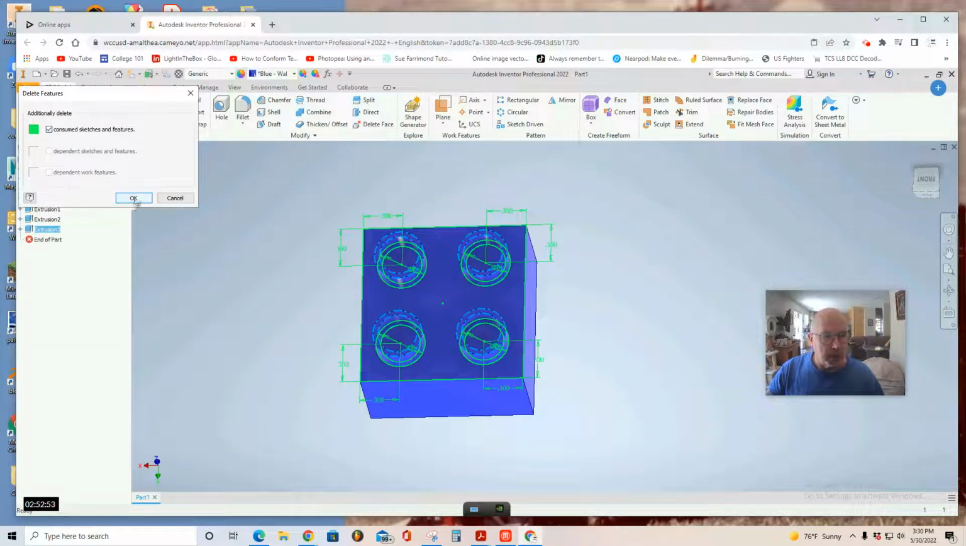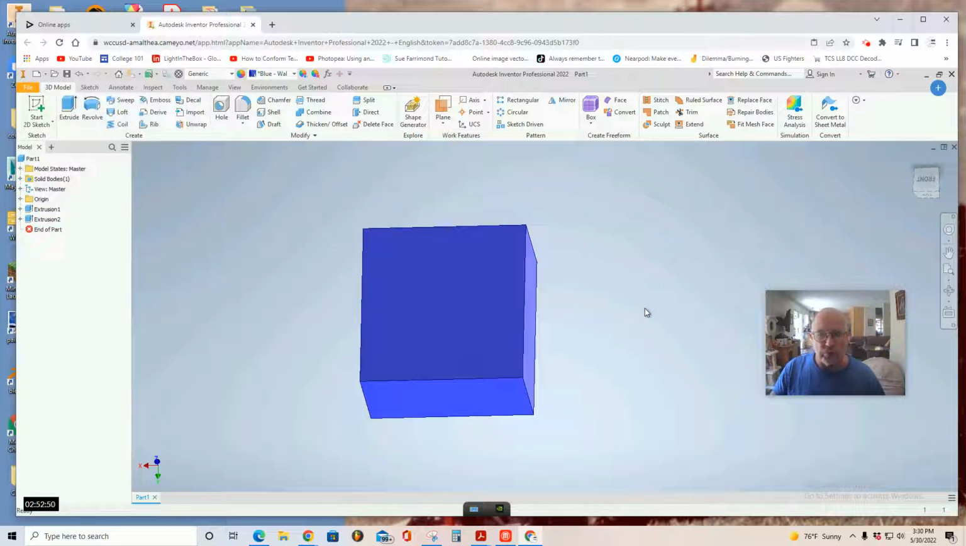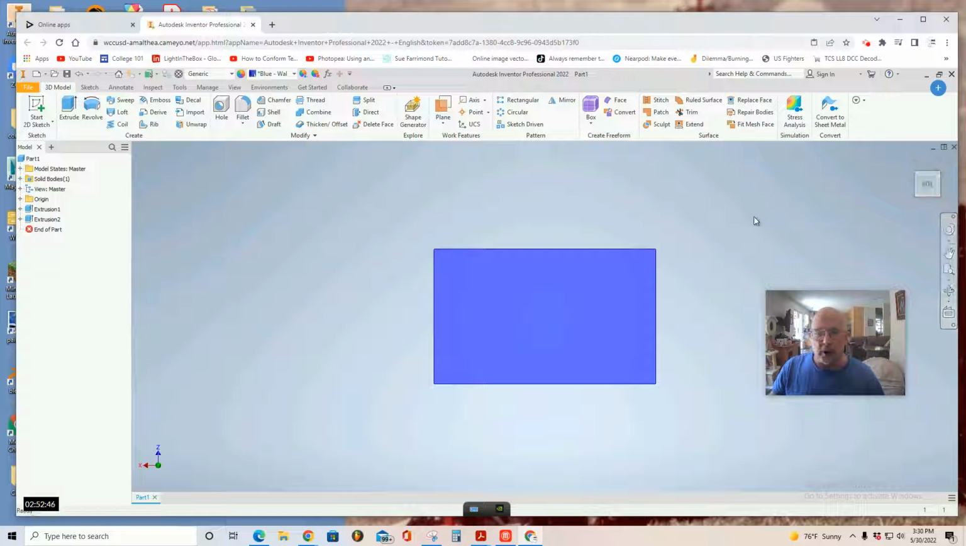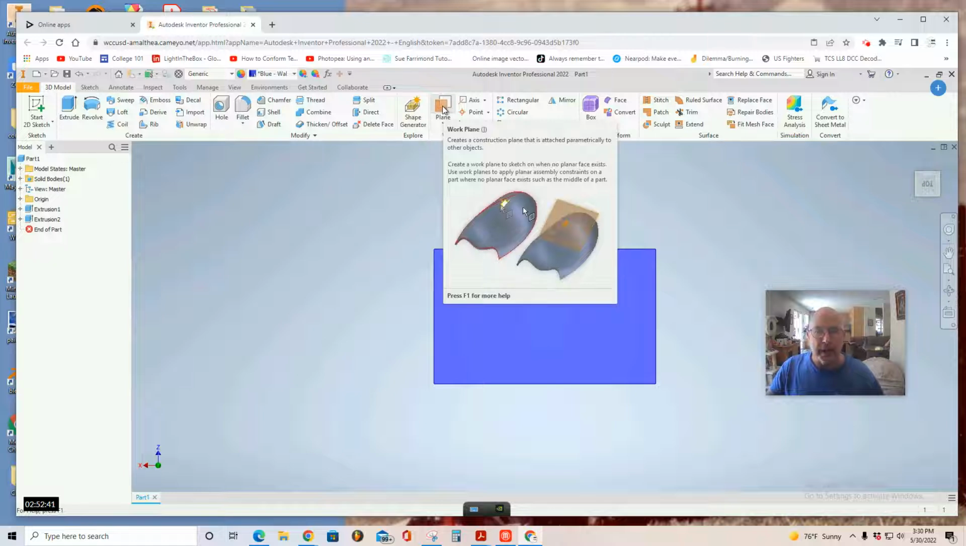And then when you get this pop-up window, just click OK. Your 4 pins will be gone. And the purpose for centering the square originally was so that when I place this plane, it will be right in the center of the brick. So I'm going to create a plane,